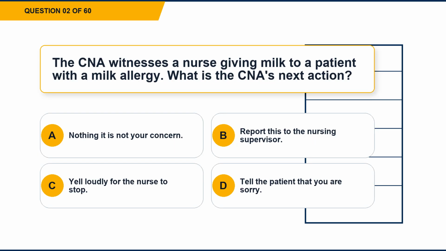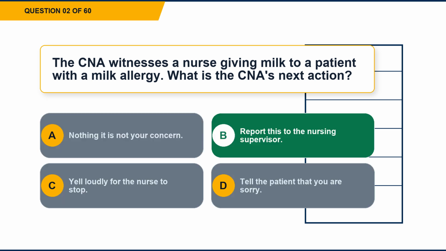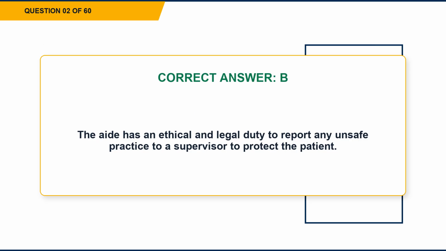Question 2. The CNA witnesses a nurse giving milk to a patient with a milk allergy. What is the CNA's next action? Option A, nothing, it is not your concern. Option B, report this to the nursing supervisor. Option C, yell loudly for the nurse to stop. Option D, tell the patient that you are sorry. The correct answer is option B, report this to the nursing supervisor. Explanation. The aide has an ethical and legal duty to report any unsafe practice to a supervisor to protect the